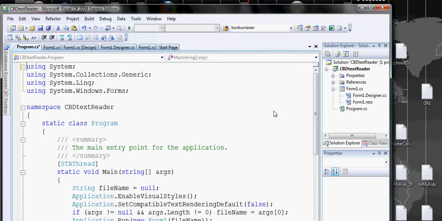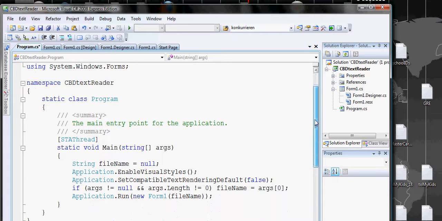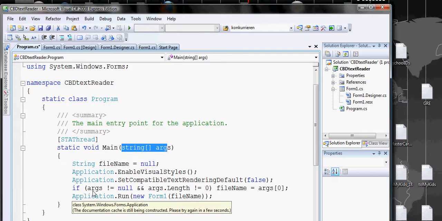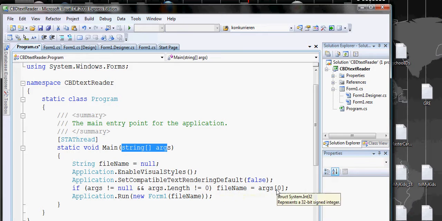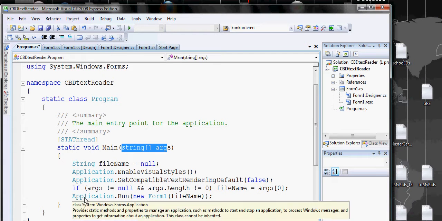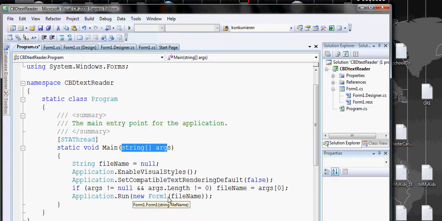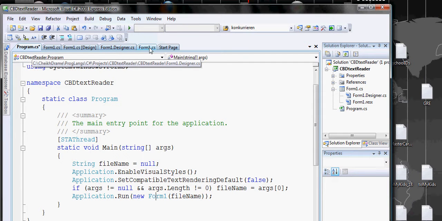This is CBD text reader. You go to program.cs, double click program.cs. The way I was able to do it is through arguments. I say if args is not equal to null, then the file name is args[0]. Then I say Application.Run(new Form1(fileName)). So when I give the file name,